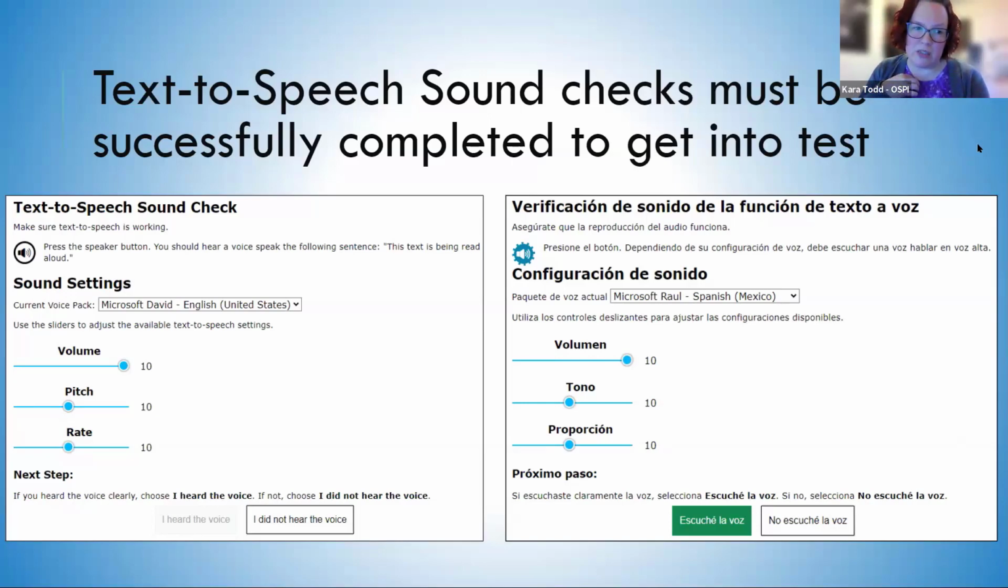And then they would press the speaker button, and it's really faint right now because I didn't press the speaker button yet. You have to press the speaker button. This is the place where you can adjust the volume, pitch, and rate, and then they click "I hear the voice." If the student has the Spanish presentation of the math or science test, they will actually first get